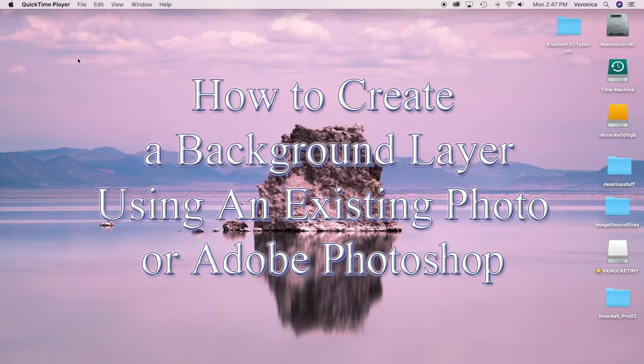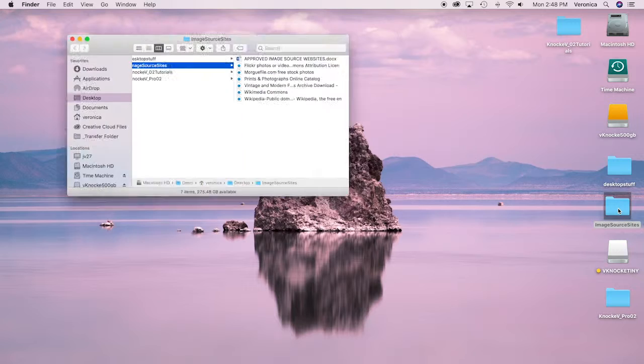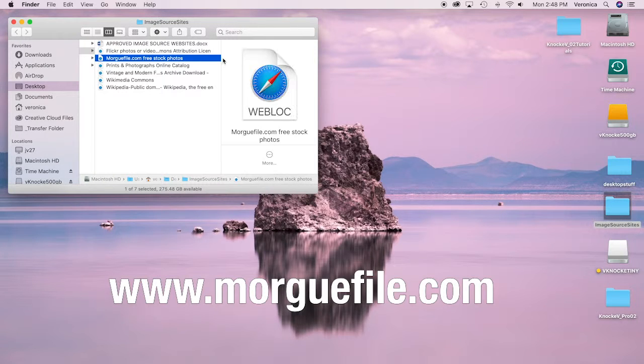Okay, I'm going to tell you how you can use either Photoshop or After Effects to create a background layer for your animation. You can use Photoshop directly, or you can use an existing photo that you get from Morguefile or from one of the other approved sources. So I'm going to go to the link to Morguefile,